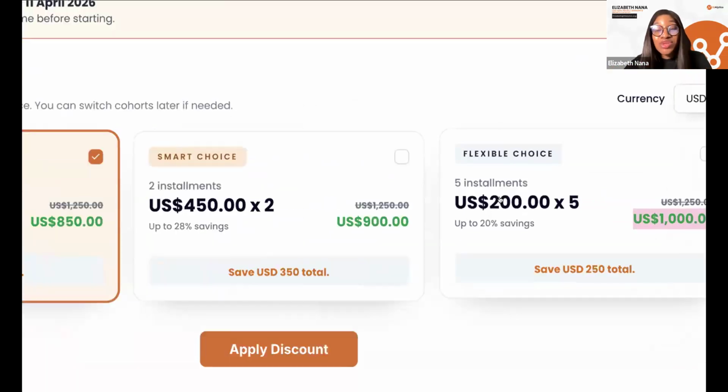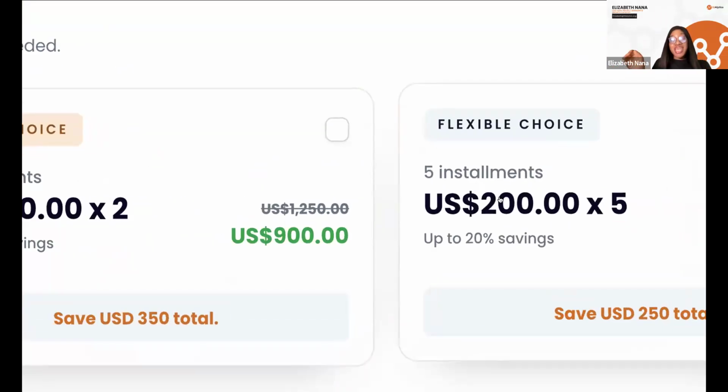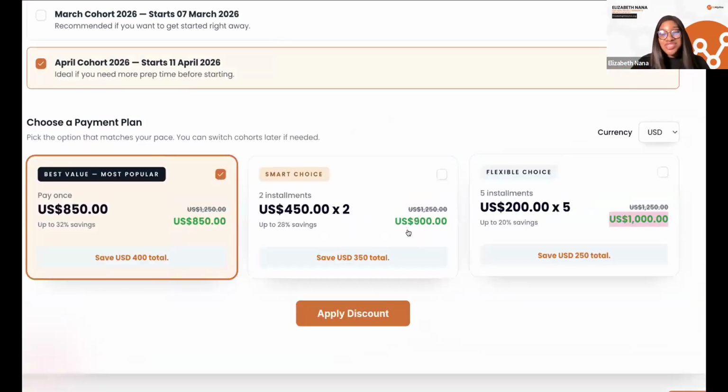What it means is that in order for you to start your classes on the 7th of March, to get access to the founder circle, access to mentorship, to start learning and all of that, all you need is a minimum deposit of $200 or 153 pounds. You just need a deposit of $200 or 153 pounds, and you start getting mentorship immediately. That's just what it means. So just select the